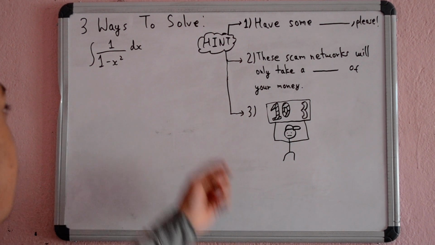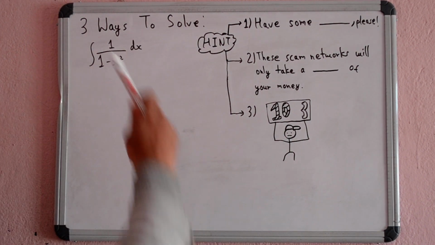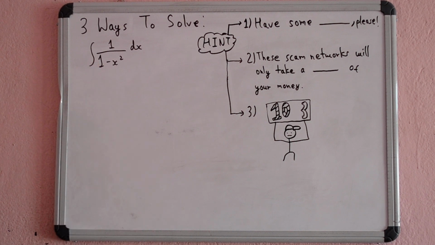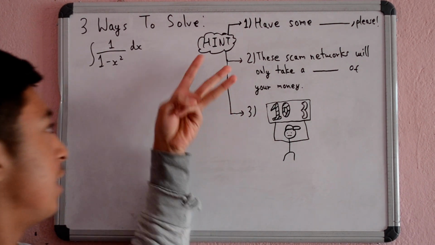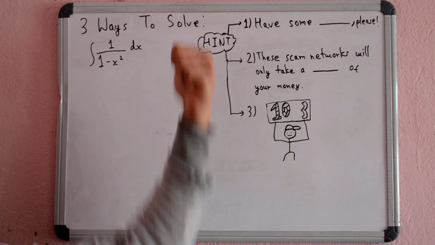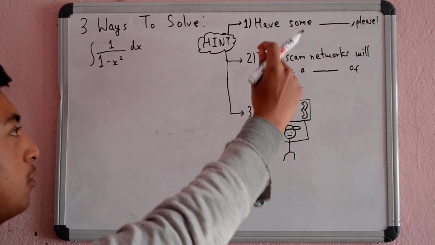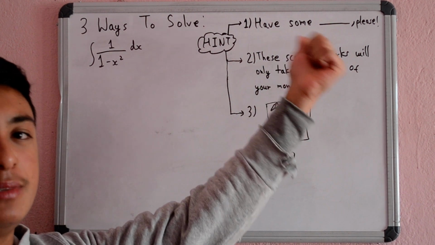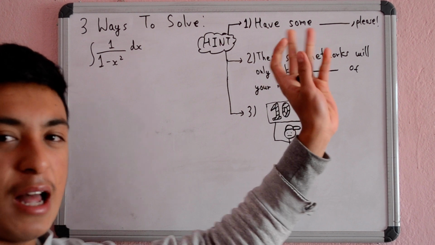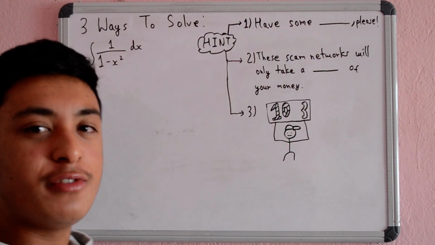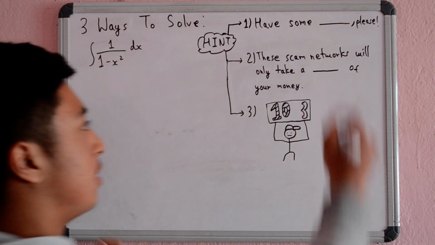Hello guys, let's find the three ways to solve this integral right here, 1 by 1 minus x squared. Now, I've given you guys three hints for the three ways to solve it. Now, for the first one, have some blank please. Well, I'm sorry this hint was not that obvious, but it is